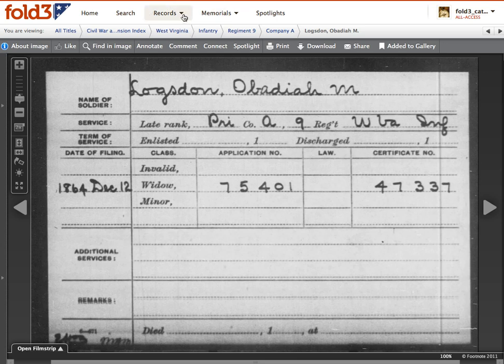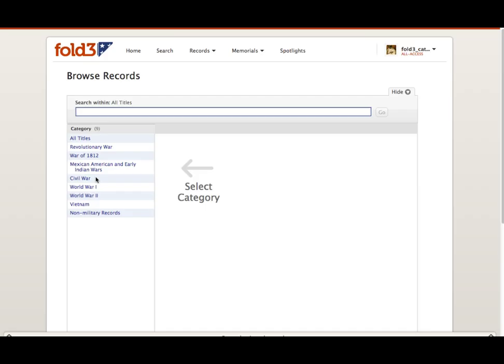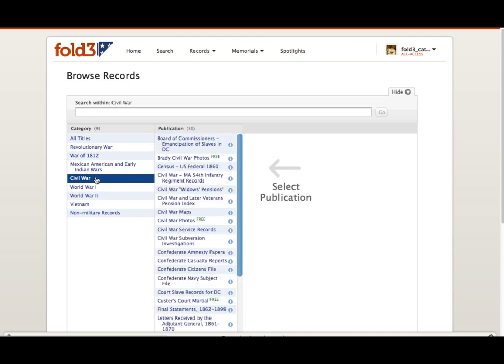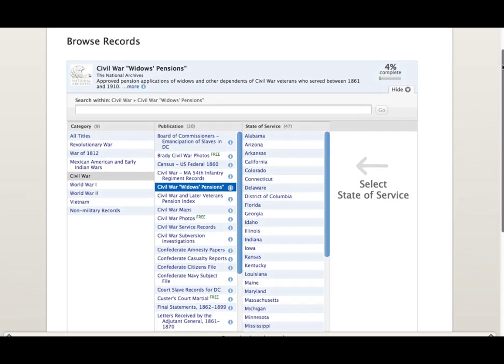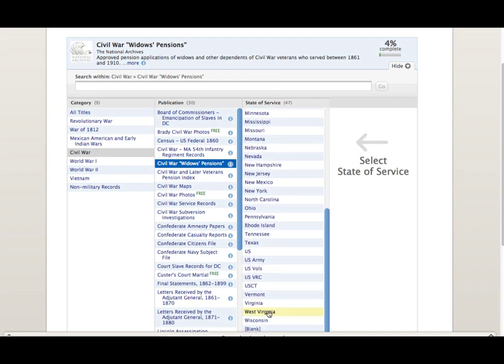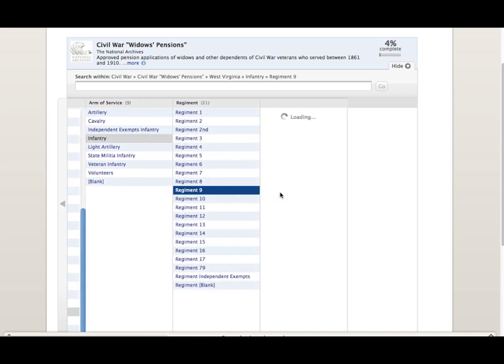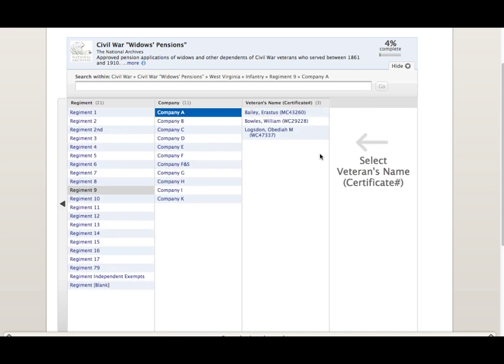First, we'll go back to the main browse page using this link we learned about earlier. To get to Logsdon's widow's pension, we'll select the Civil War category, then Civil War Widows Pensions, scroll down under the State of Service to choose what you may recall was West Virginia. Next, choose Infantry and his regiment, the 9th, and Company A. There are two other soldiers from Logsdon's company who left widows. We will want to find out who they are in order to learn more about both Logsdon and his comrades